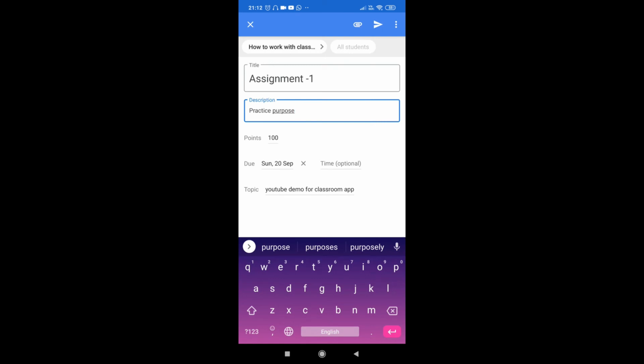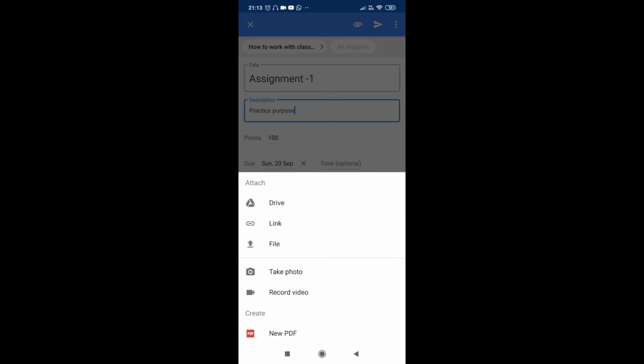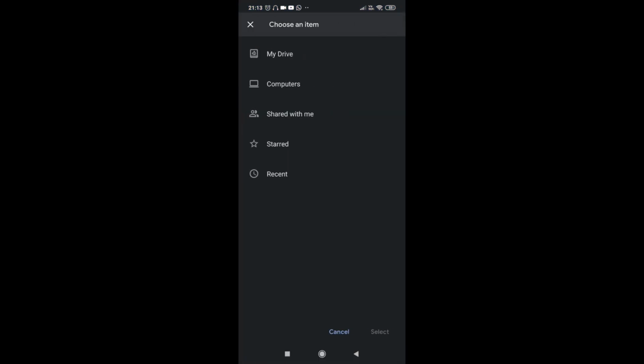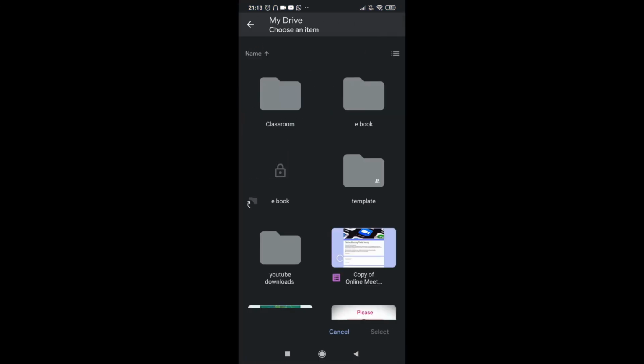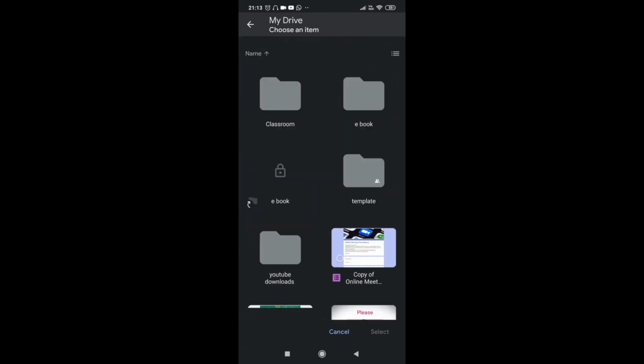And now when I click on this attachment button, you can submit any drive link and file. In my video for system, I have given a video on how to connect Google Drive with the Google Classroom. So guys, when you want to connect Google Drive with Google Classroom, go with this option and provide that link over here. In my drive I have written many things, so you can get anything from there, and when you click on that, it will be connected.